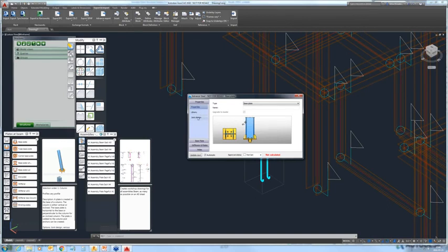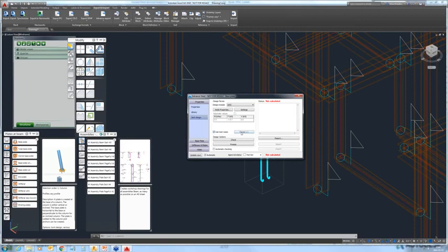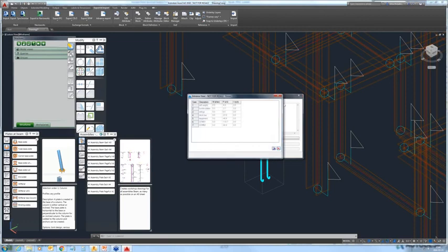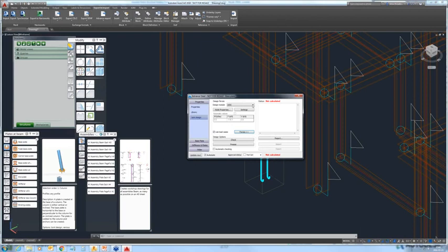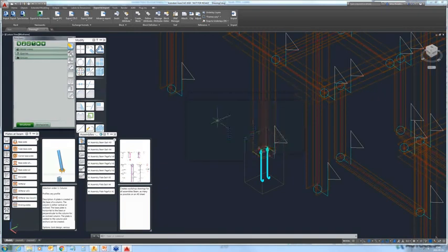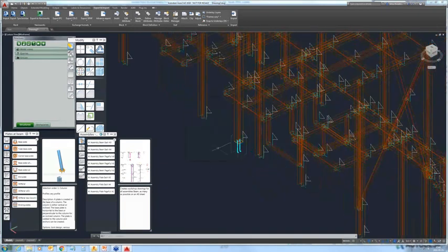So you can see that these forces can be used for the design. We focus on the design later on, and there is also the possibility to select either American or Eurocode. Well, if you want to create identical connections, there is the option in Advance that allows you to create such a group,